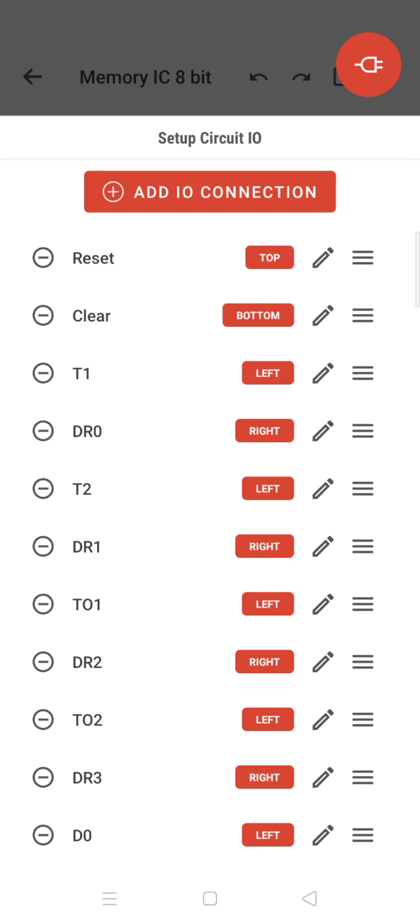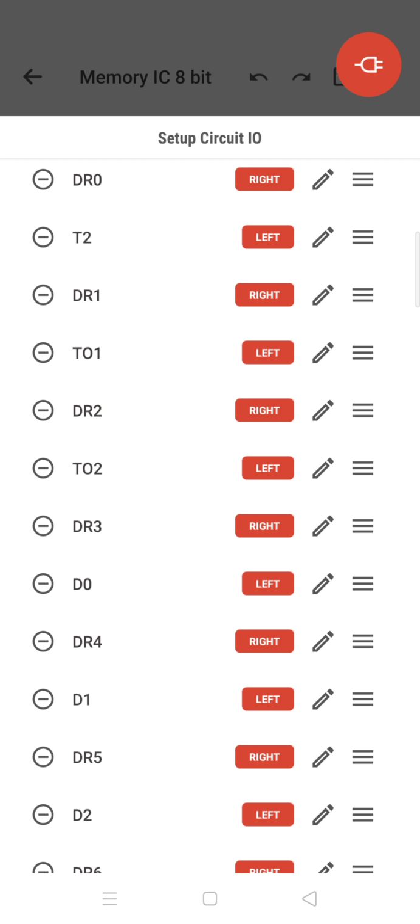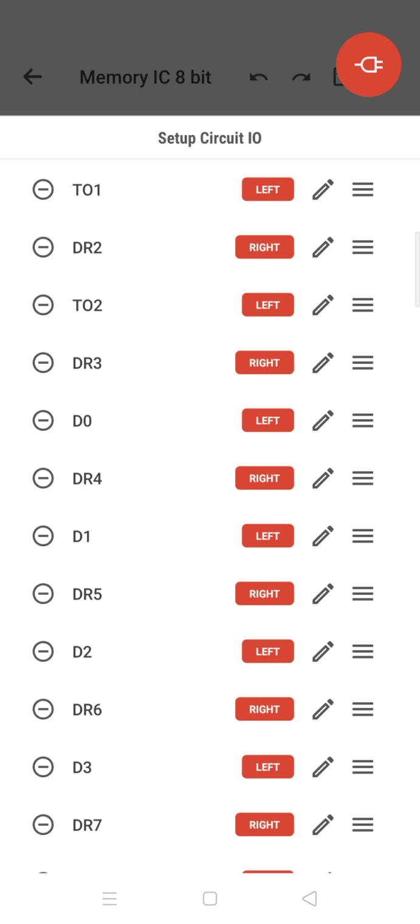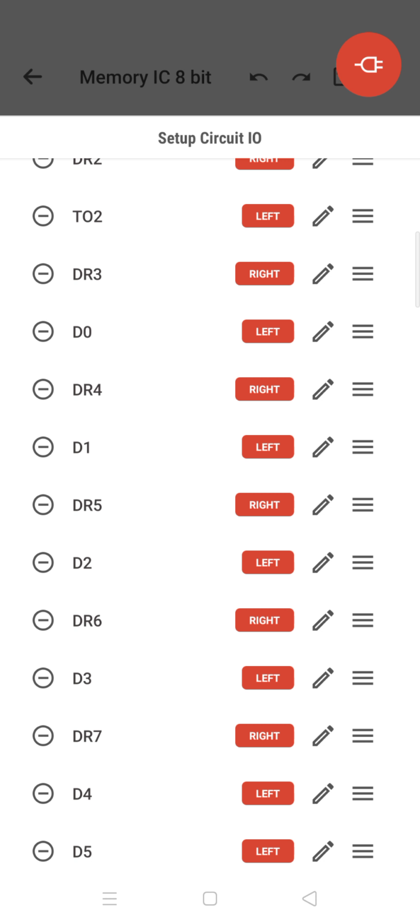Then you have T1 and T2, which are called the toggles, used to toggle out and toggle in, where you can give the clock and other things. DR0 and so on are the read registers, and D0, D1, D2 are the data elements of the write registers. D0, D1, D2 are the writing locations, and DR0, DR1 and so on are all read locations.